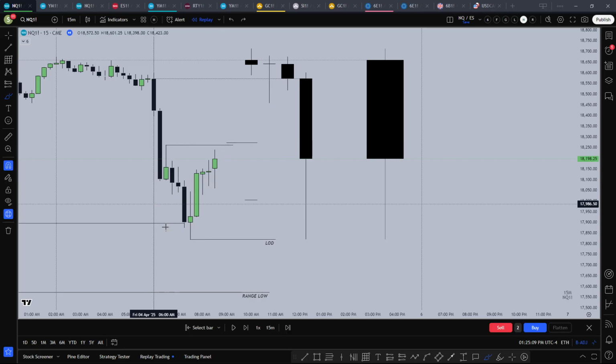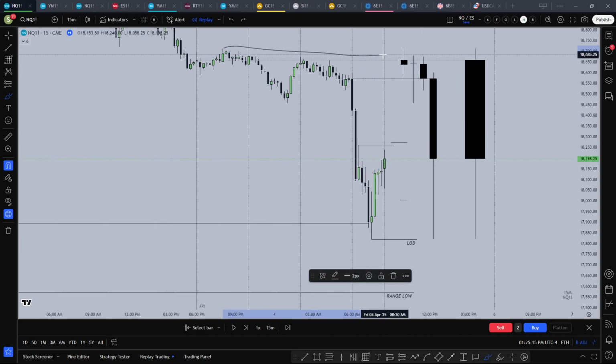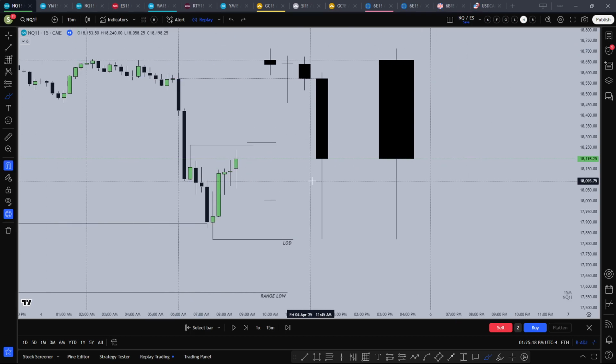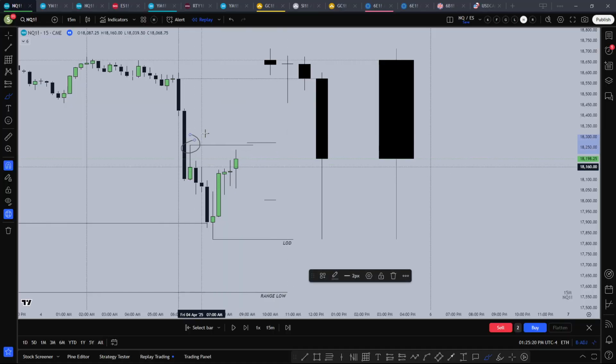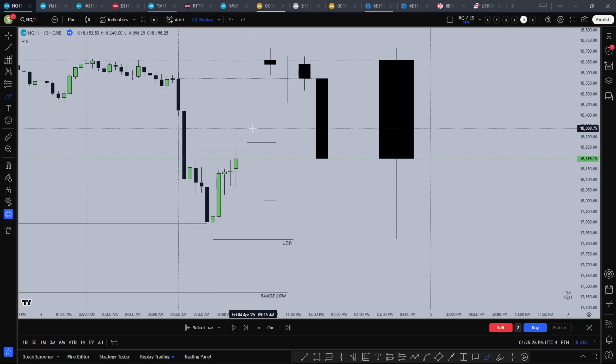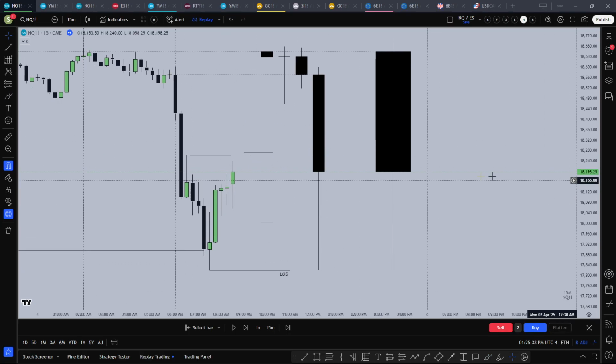If this move higher from there is a retracement, then this becomes the objective. If this is a reversal, then the high of the day becomes the objective. I'm thinking that way. So I would want to see how price reacts to this level to get an idea if this move higher is a retracement or reversal. And the relevant swings to me here: if price wants to go bullish from here, price is rejecting this level, so this is not a level I would use. I would use this instead.